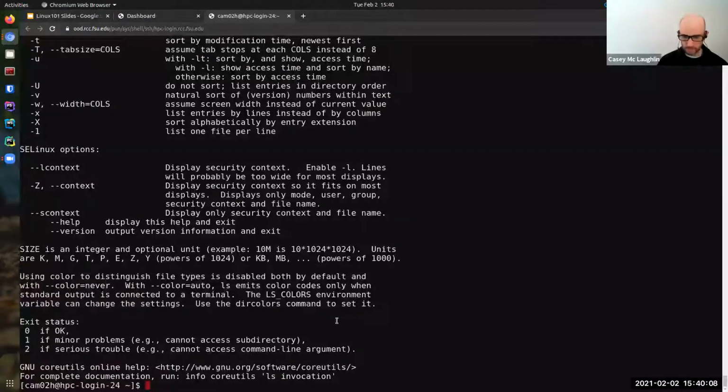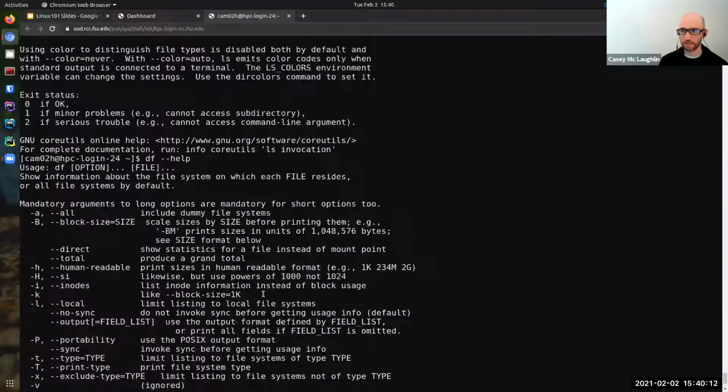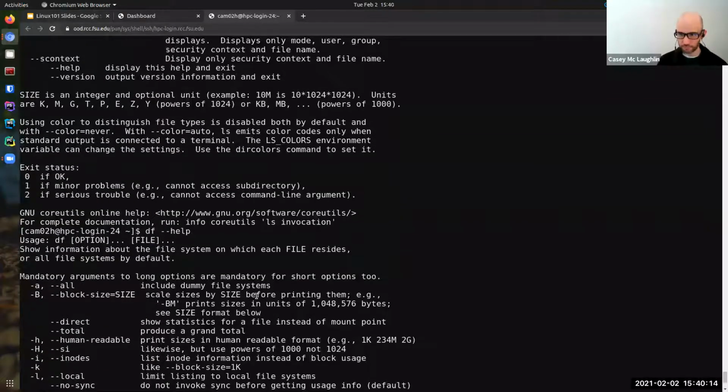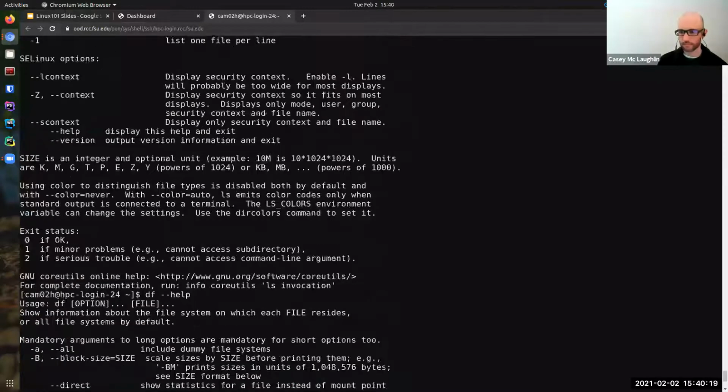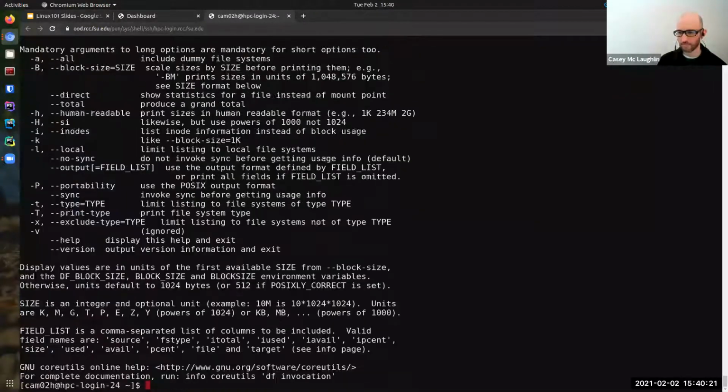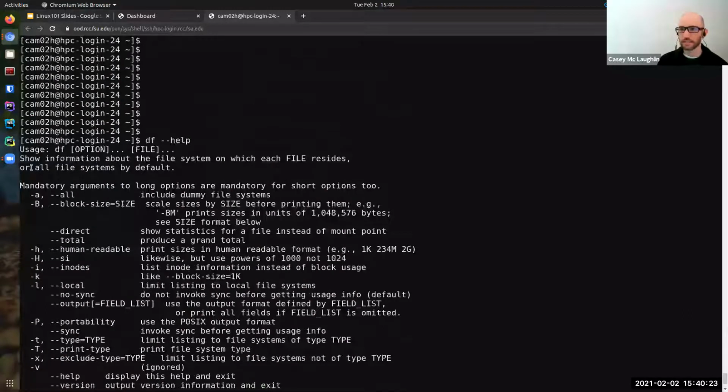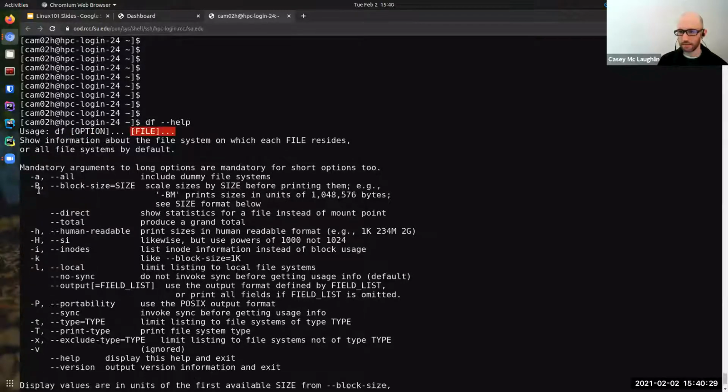And if we run df --help, again, df takes options and files as input, and then these are all the options that are available in this command.